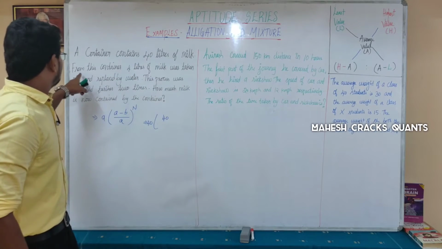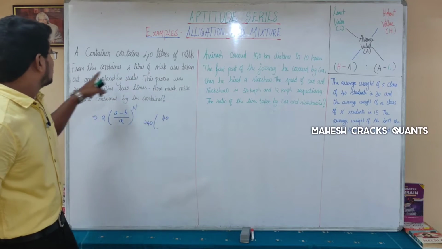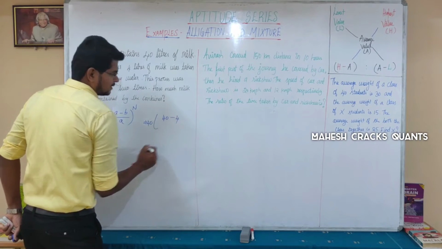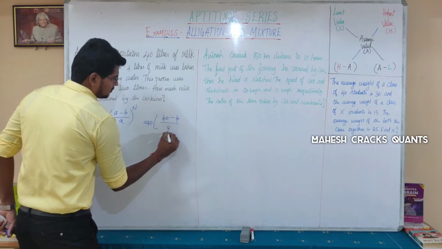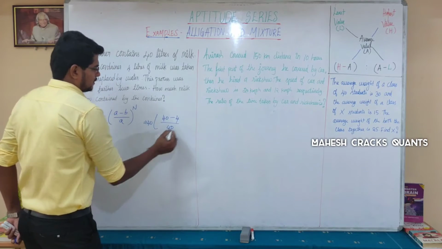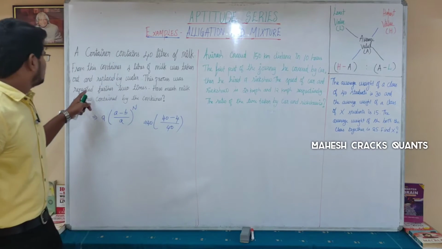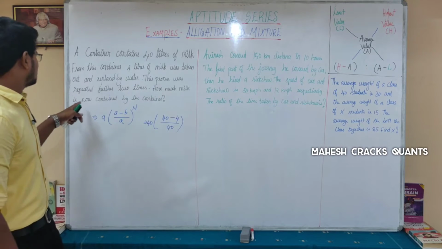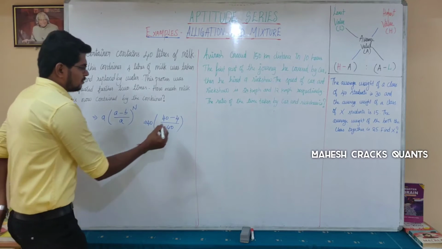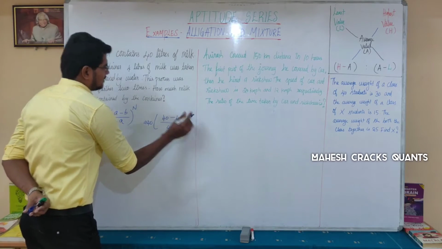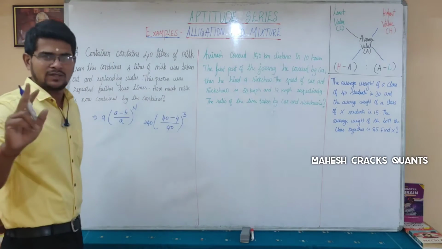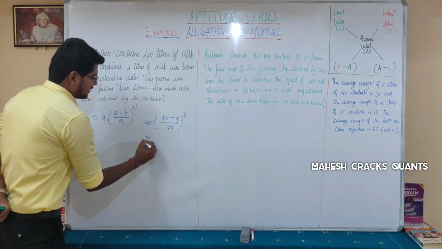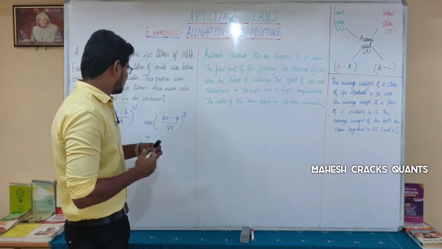And then from this container 4 liters of milk was taken out and replaced by water. So I am taking out 4 liters and replacing it with water and filling it again to 40. And then this process was repeated further 2 times. How much milk is now contained by the container? Further 2 times means totally 3 times, because here we have taken 1 time and then further 2 times, totally 3 times. When you solve this, you will get the answer. So solve and tell me the answer.